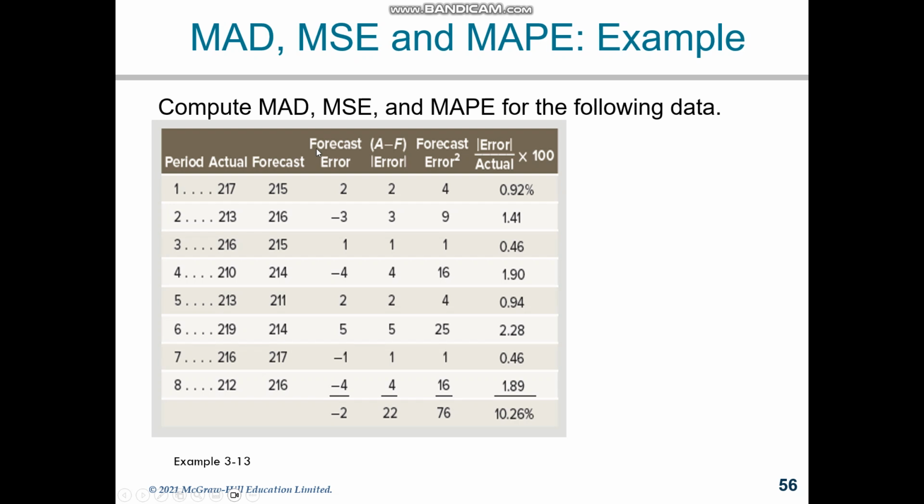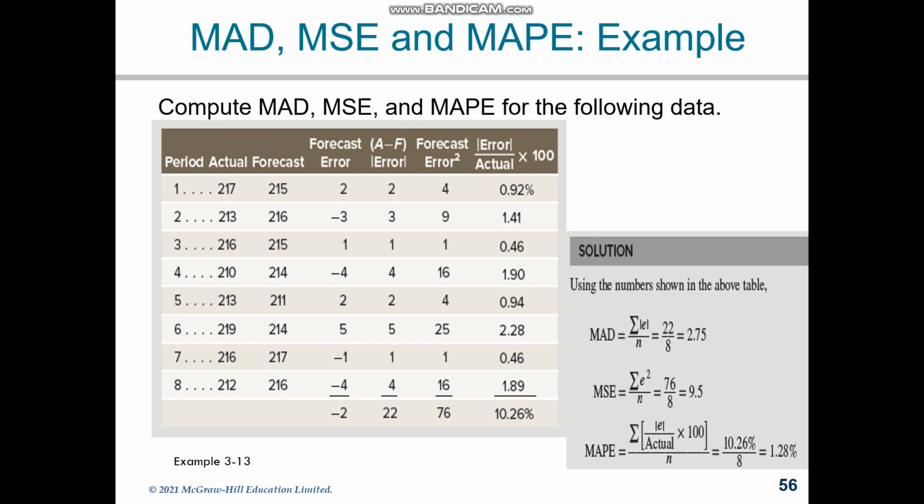So we need to first calculate forecast error, then the absolute value of forecast error. Also we need forecast error squared, and also the absolute value of error divided by actual data times 100. So let's go to